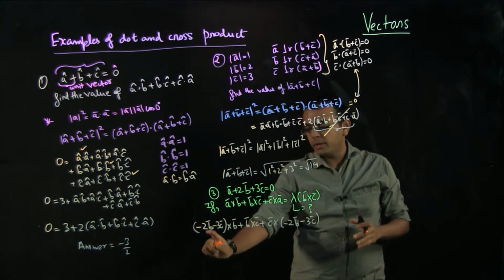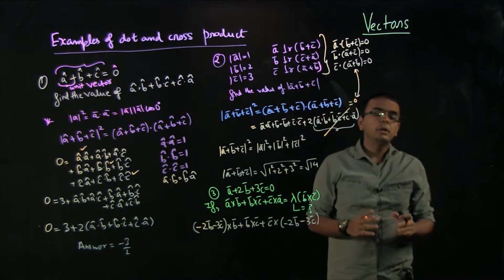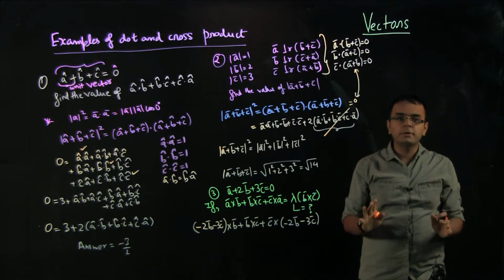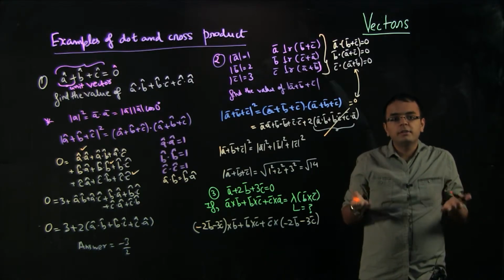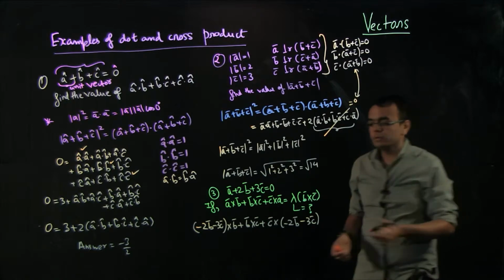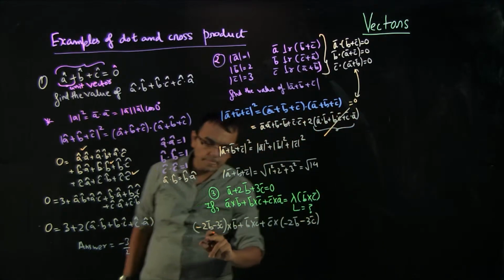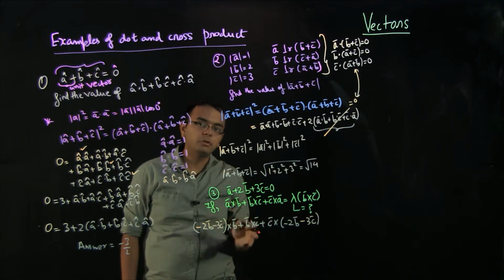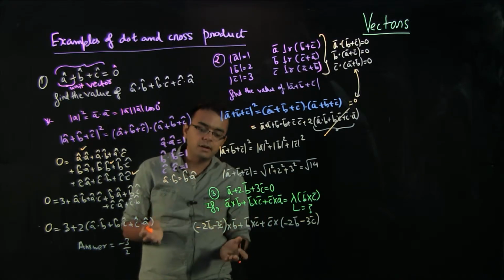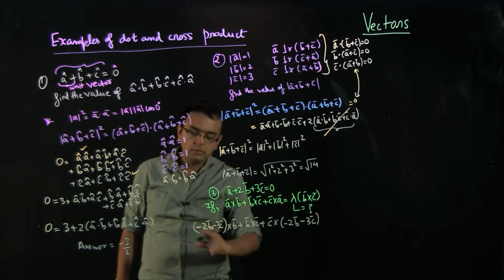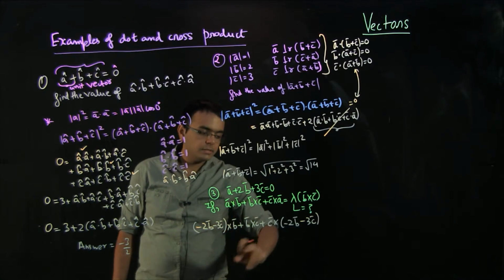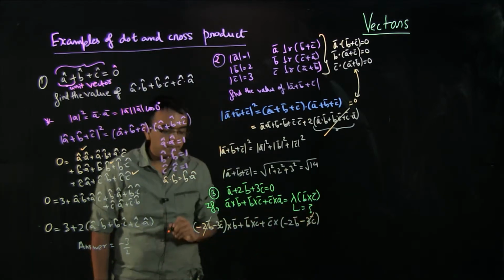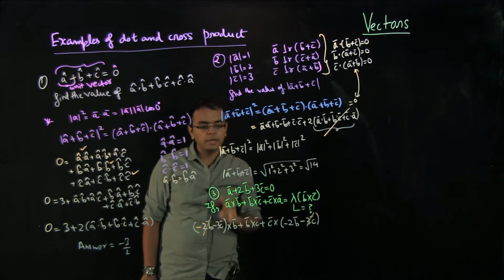So we should open from here, b cross b. What is b cross b? We have said, again it should flash to your mind, two parallel vectors, cross product is 0. Of course a cross of a vector with itself will also be 0. So b cross b is 0, because b cross b will be b mod b sine theta. Theta is 0 because the same vectors have an angle of 0. So I hope that you can quickly realize that b cross b will be 0. Similarly c cross c will also be 0. So this term goes away, this term goes away. Now you only have something in terms of c cross b and b cross c.